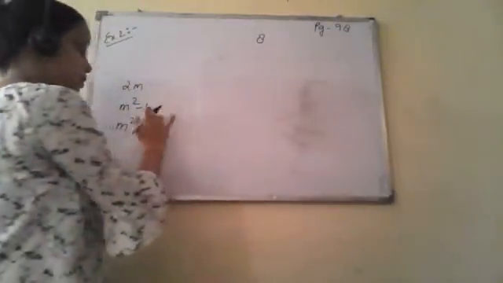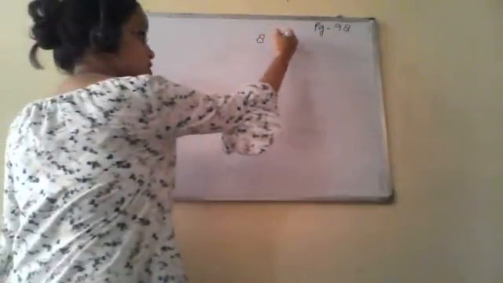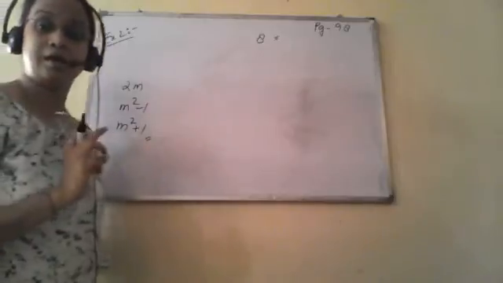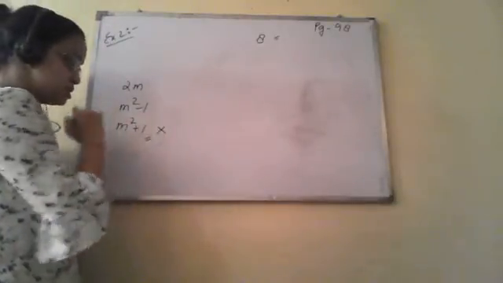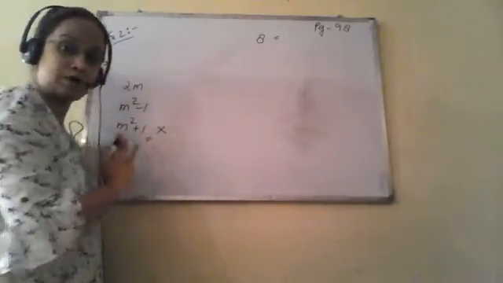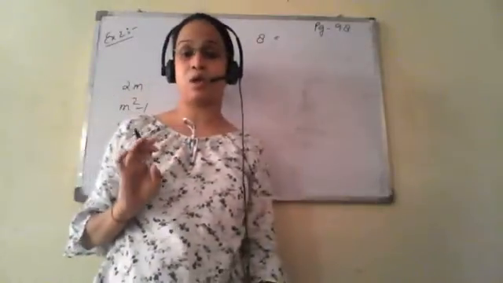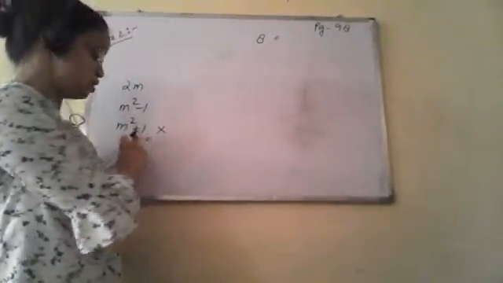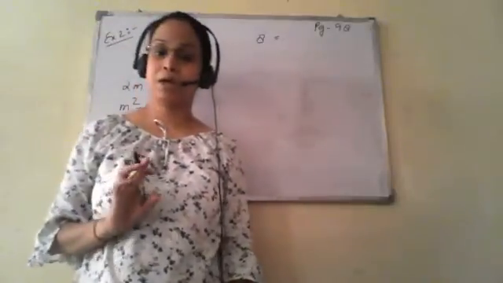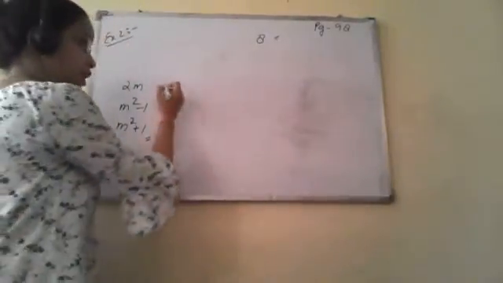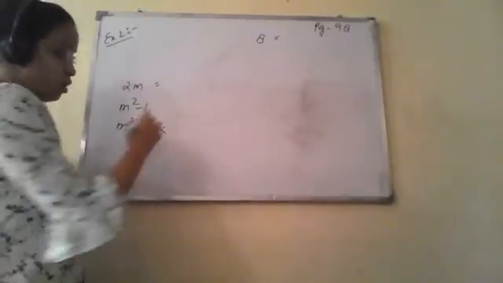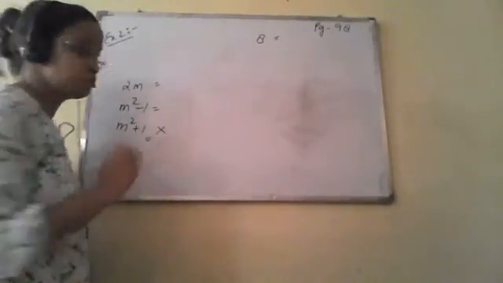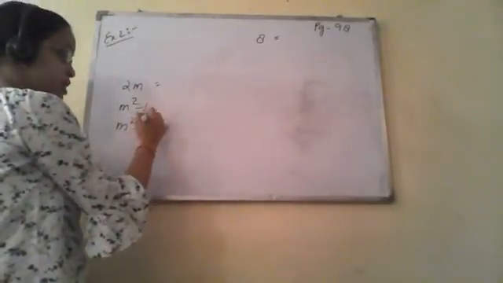So one of the members, they said 8 is the smallest number. Okay, 8 is the smallest number. So 8 cannot be m square plus 1. It cannot be 8 because m is the smallest number and this is the hypotenuse, and hypotenuse is the biggest number among the triplet. Okay, so either 8 can be equal to 2m or 8 can be equal to m square minus 1. Clear? So we'll check it with m square minus 1.